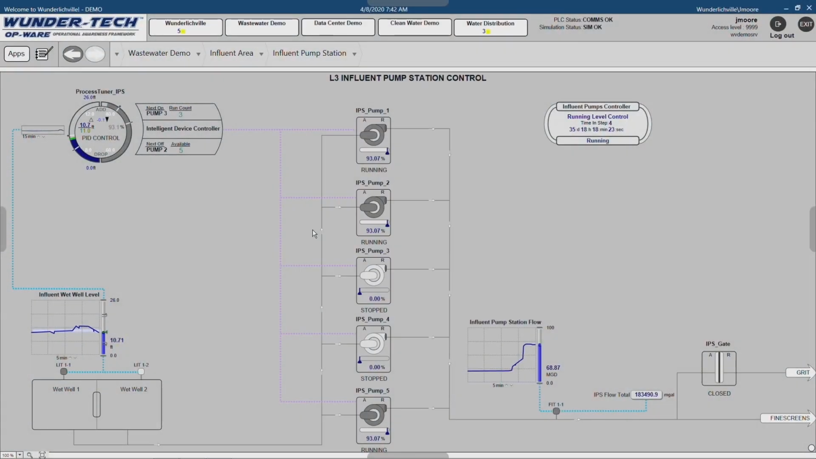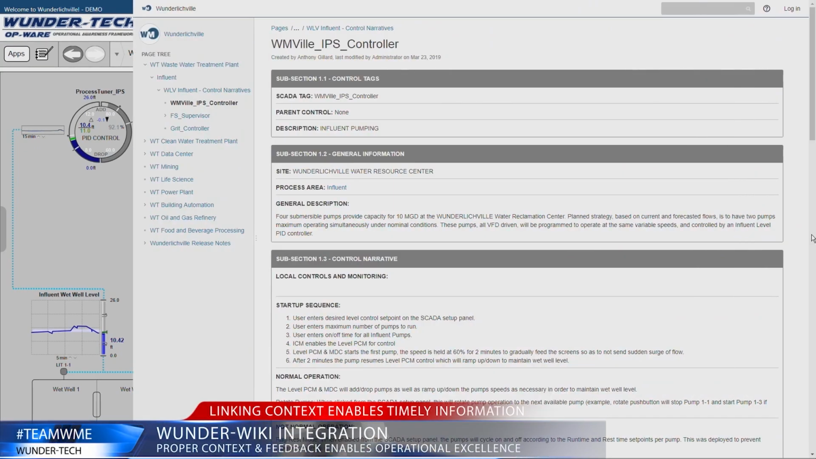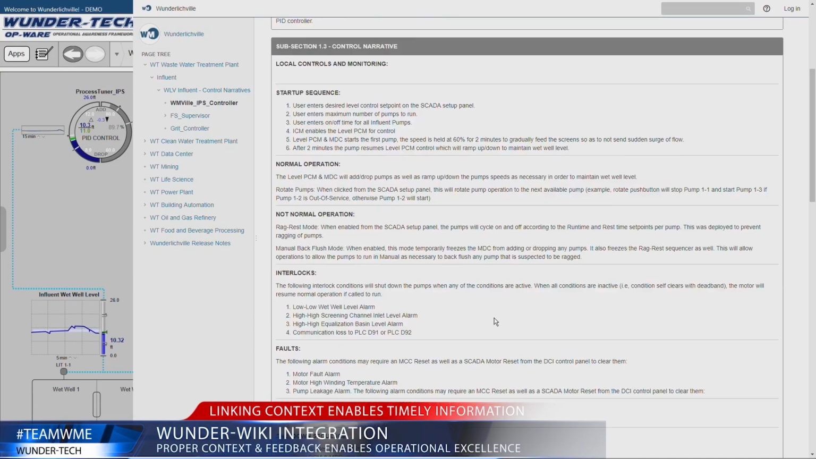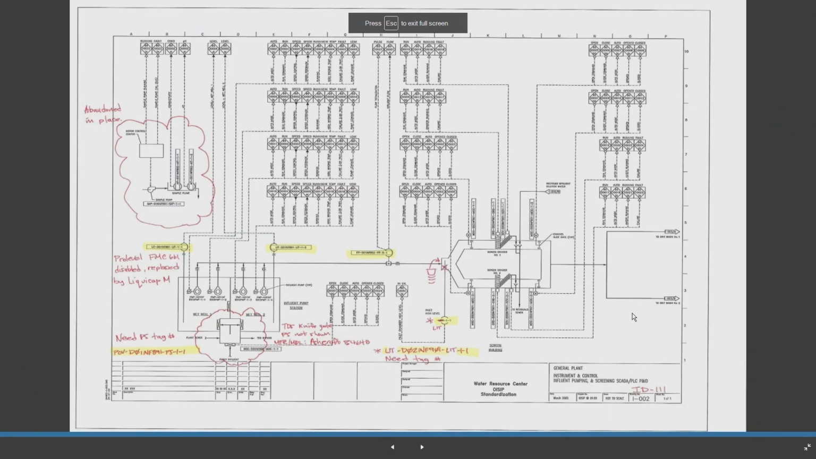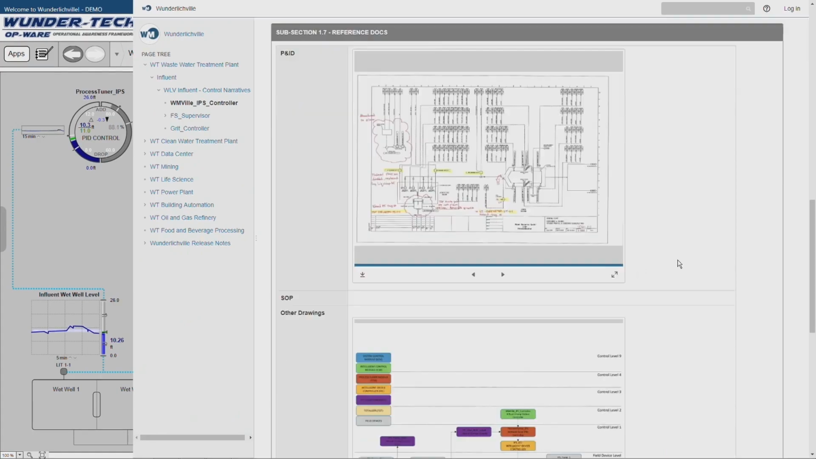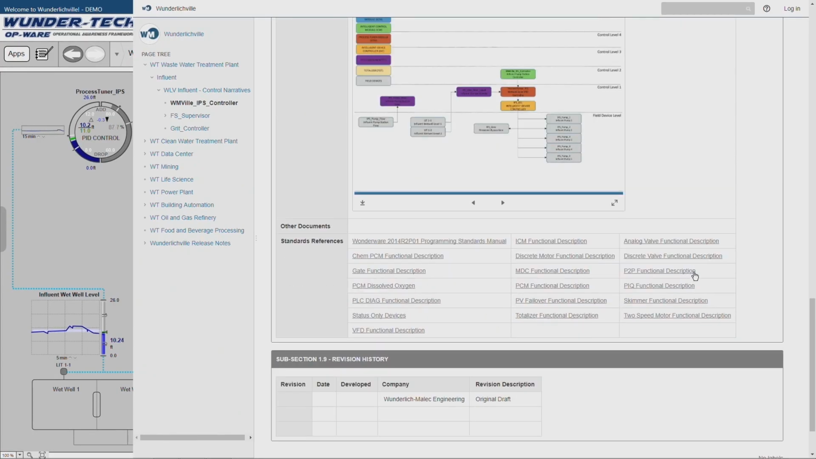WunderTech Operational Awareness Framework also brings an information portal with it. From here, the influent pump station, I can hit the right-hand slide in, and we can see that there's a wiki style page that has all the pertinent information operations would ever want on the influent pump station, including P&ID drawings or any other document that the organization wanted to hold there, as well as the applicable standards that make